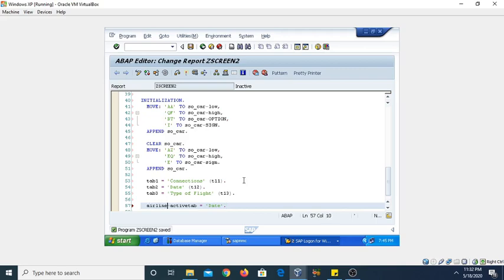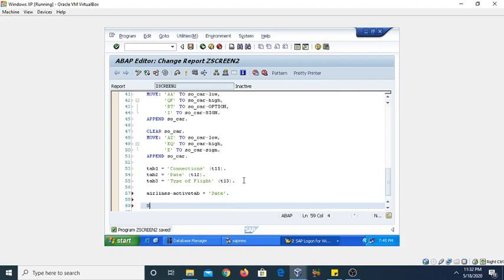We have given the name airlines, so airlines active tab would be date. Now come to the next event, which is our start of selection.